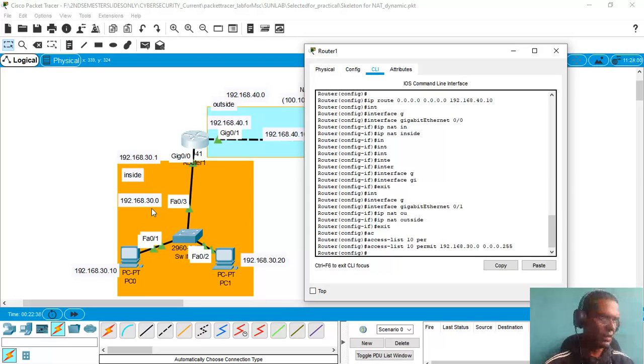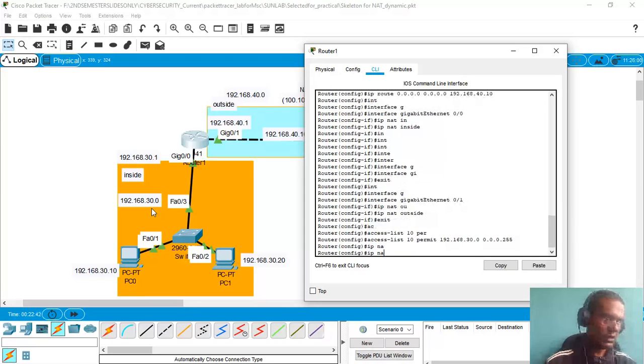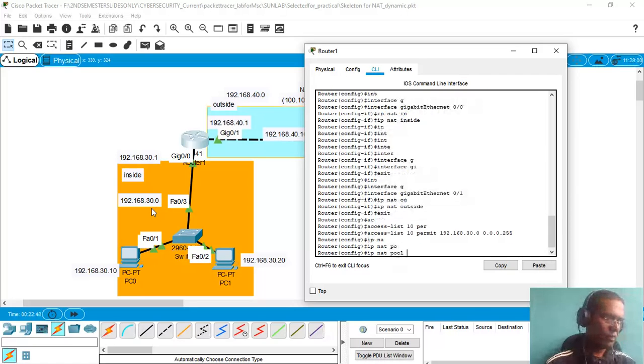Then let us say IP NAT pool. We can give any name. Actually, I will give Sun, and we will say what is the starting IP, 100.100.100.1.